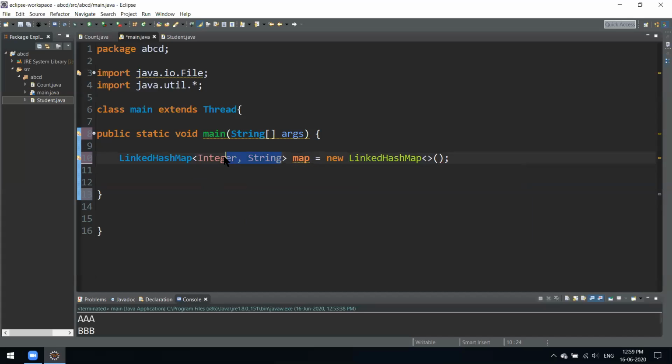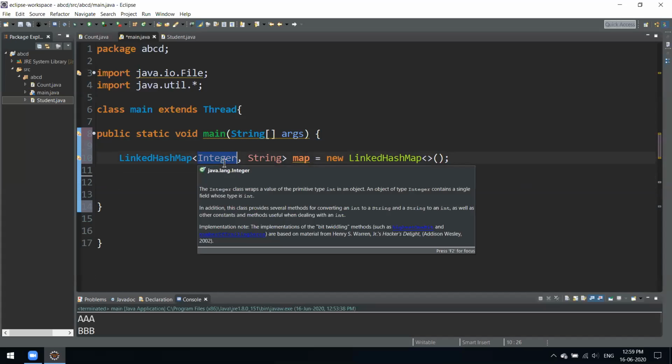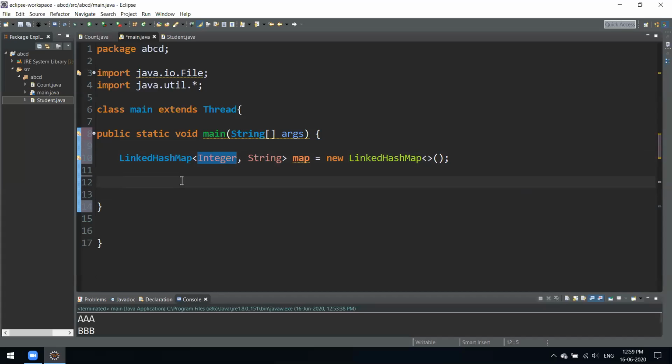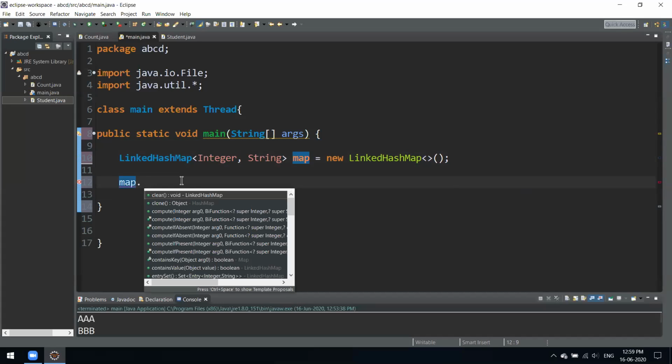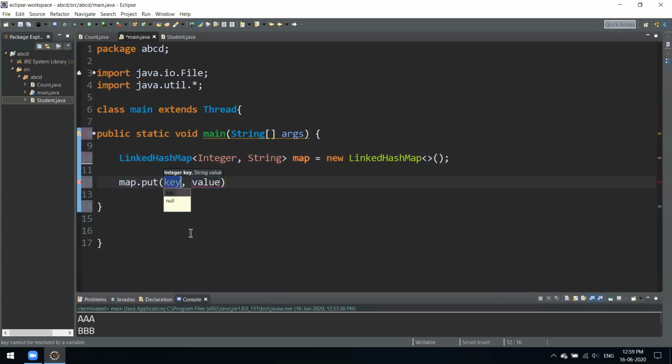As you can see over here, we don't have a single piece of data. We have to store data in a key value pair. So this would be the key, and when you want to retrieve the data, you have to pass the reference of that key, and you can retrieve the data by that reference. Let's add some elements. If you see, map dot, we don't have the add method over here. Instead we have this put method. What this put method does is add elements in key value pairs.